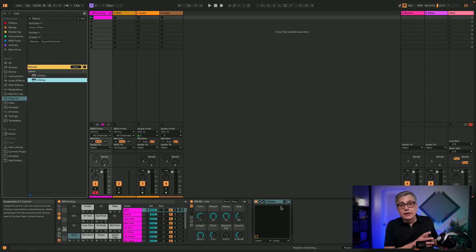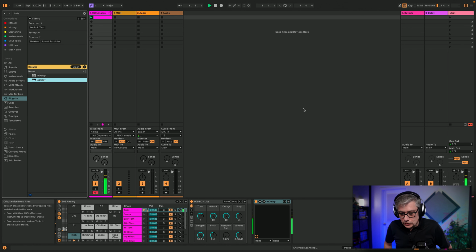I'm working with a Mac today, but everything that I'm going to do works completely identical on Windows. So if you're on Windows, don't worry. I'm just using a Mac because I find it more convenient. Now, here I have an Ableton session, which is super simple. All I really have is a kick. So let me just play that so that we know what we are dealing with. And I think this is more than enough to just demonstrate the capabilities of InDelay.